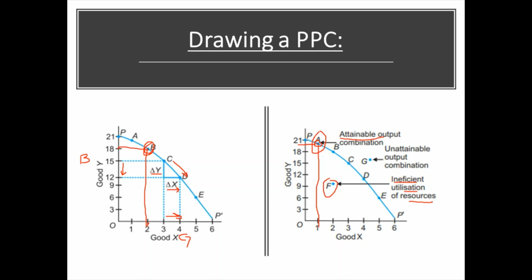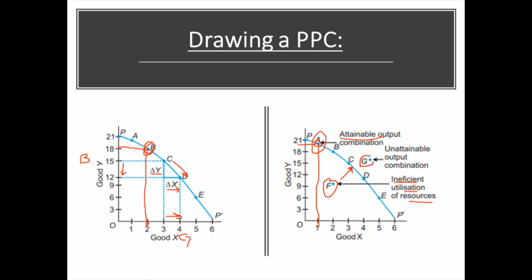So the economy is not able to produce at its production possibility curve. Or if the resources had been utilized fully, the point would have lied somewhere on this line. Okay. So the economy can improve by efficiently using its resources. It can move this point to the production possibility curve by efficient utilization of resources.